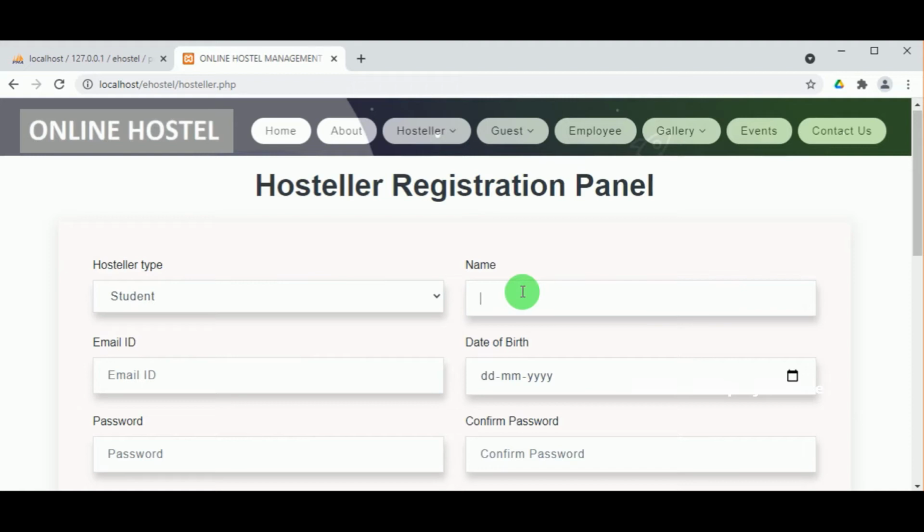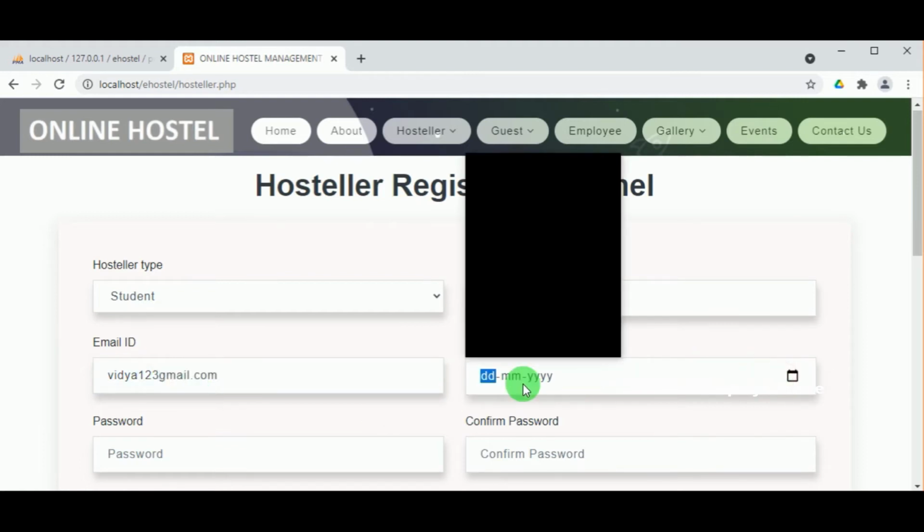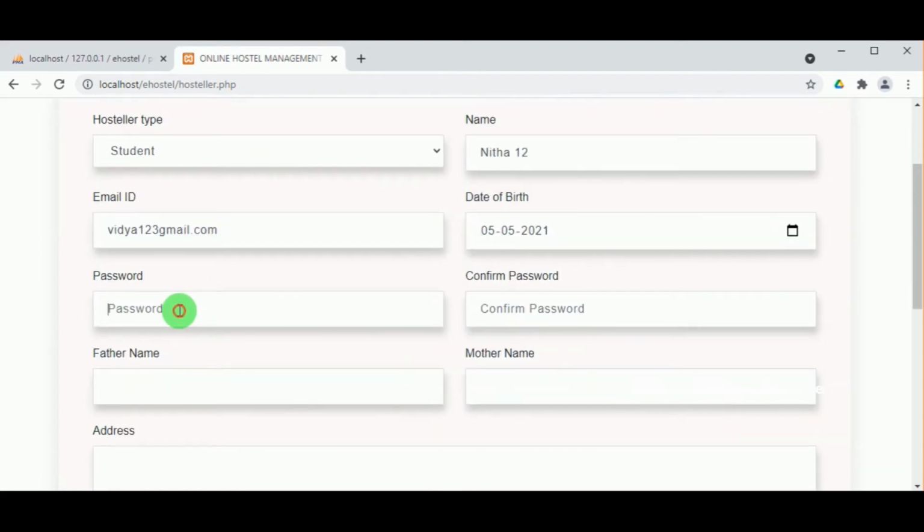Now let us add some wrong values and see what happens. Let us select the hostler type and write the name. Let us give some digits in the name, give the wrong email format, and select the date of birth. The password should be 6 characters; I'll give only 4 characters, and enter wrong data for confirm password.